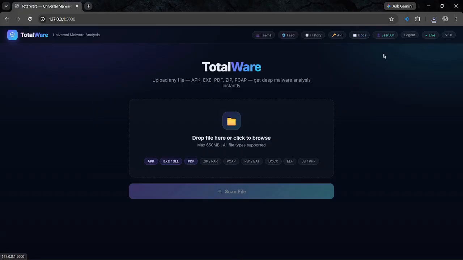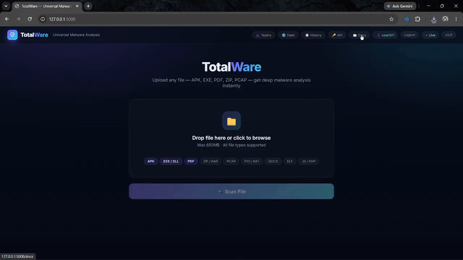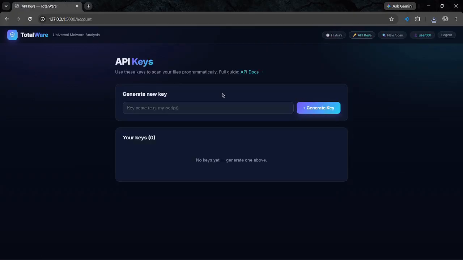Now, if I go to new scan again, there's history. We can check the history. Every time you log in, you will have your history. There's one history entry because this is a new user, but if you're an existing user, your overall history will be displayed here. Now, if I go to the main interface again, and you want to use the TotalWare project,